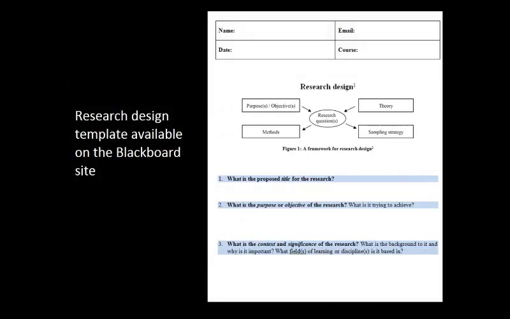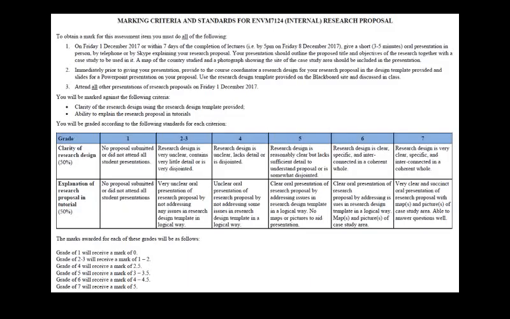Okay, there is a research design template available on the Blackboard site, and I'll talk more about that this afternoon when we talk about research design. You can download this in Word, and I want you to identify things like what's your proposed title and what are your objectives. It's 2 pages, so you fill that out and hand that in. You also have a few slides, just a map of the country that you're talking about. If you're doing, say, elephants in Kenya, have a picture of an elephant. Map of Kenya, title, picture of an elephant. That's all you need to do for the presentation.